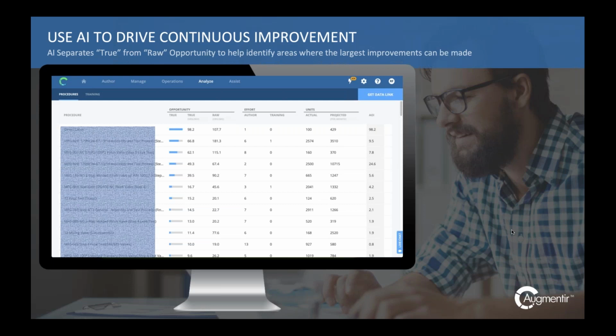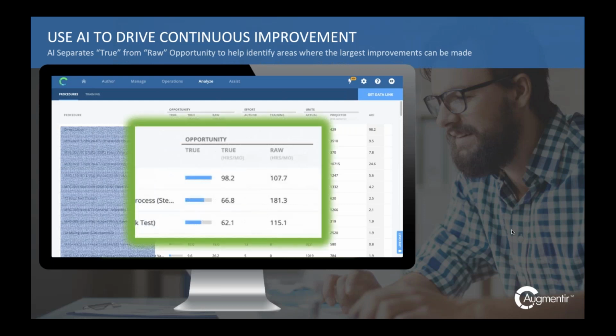I've blurred out some of the procedure names here. So in this example, AI takes the data set, reduces it, determines what's capturable, and stack ranks it and delivers it to a continuous improvement team. So for example, we're looking at 3 different procedures here. And again, this is real customer data, but what AI determines is that the top item says that